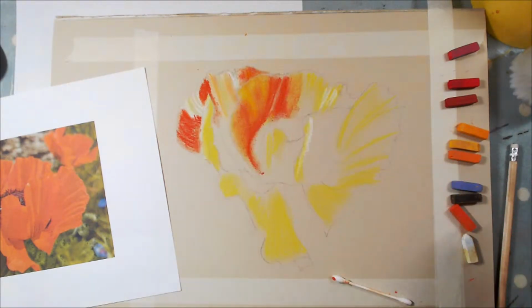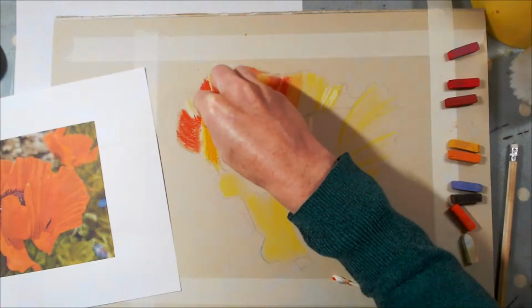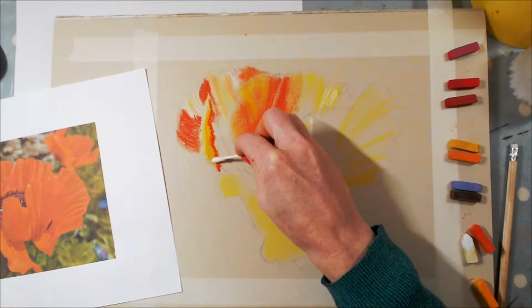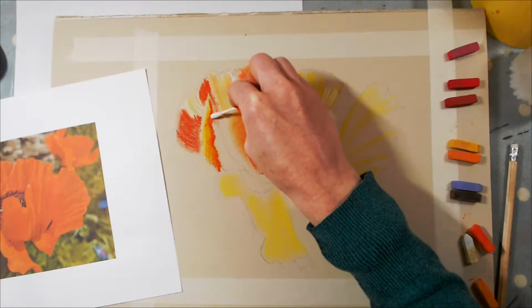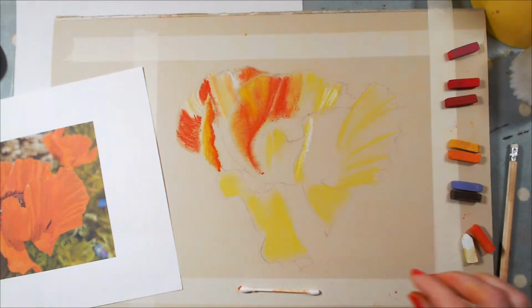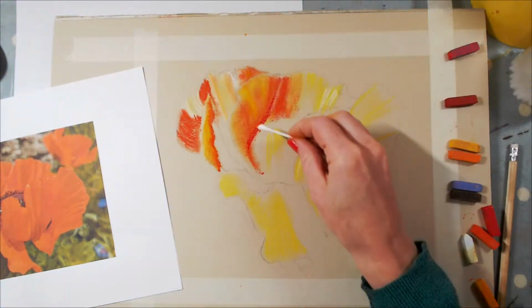So it's quite bright at the moment. I'm just going to add some kind of oranges over the top and some reds, and blend those in with the cotton bud. I can use a darker red here as well to exaggerate